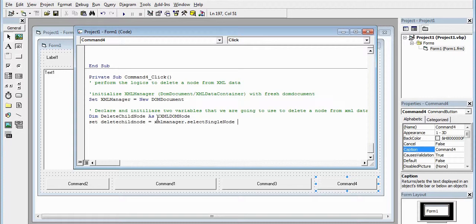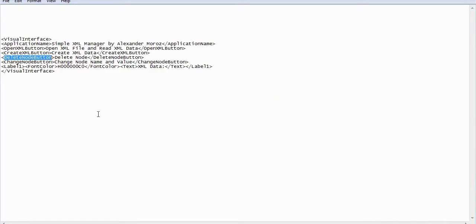select single node. We would like to select a single node from our XML data, and I need to specify in the parentheses as a string the name of that node, and it's going to be font color. So I'm going to put two slashes and say font color. It's just going to go ahead and find this font color for us, this child node over here